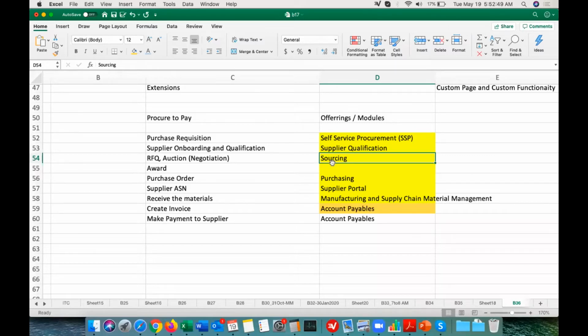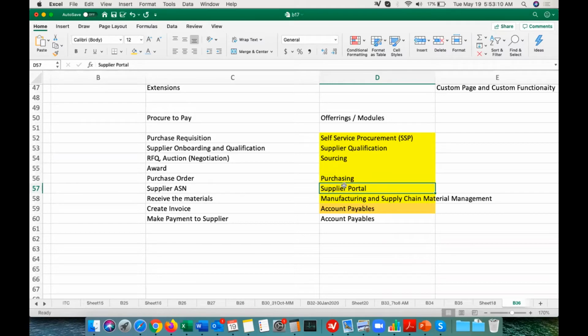We will ask, okay, I need this many processors, this many keyboards. So what is the price for which you can give? The supplier in the supplier portal will be able to see the RFQ, and then they can respond. Okay, if you are going to purchase more than 1,000 pieces, I can give it to you for $400. Likewise, they can respond back to the RFQ from the supplier portal.